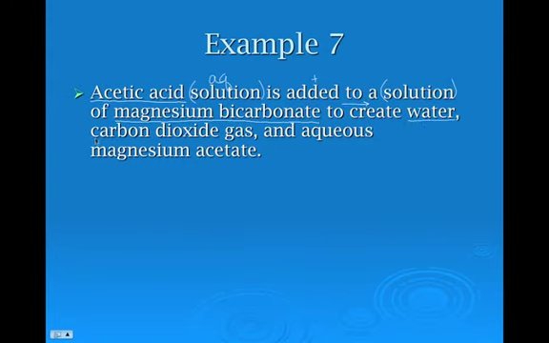Water, carbon dioxide gas, and so water, comma, is a plus sign. The word and is also a plus sign. Aqueous magnesium acetate. So the first thing to do is write the formula for acetic acid. Well, you have to know your acetate polyatomic ion, and if you look that up, you'll see that it is